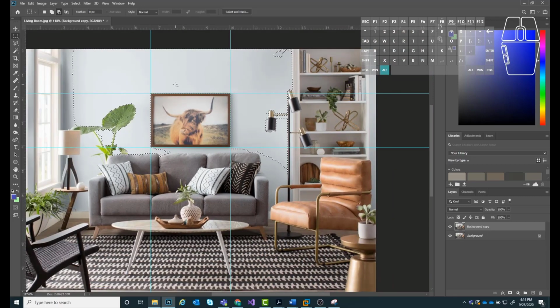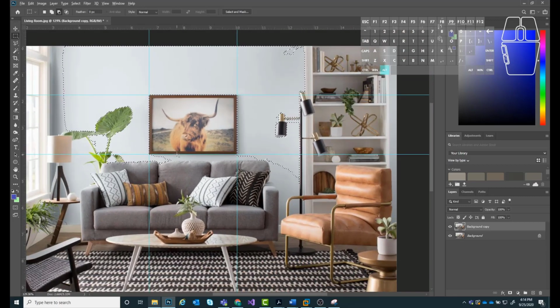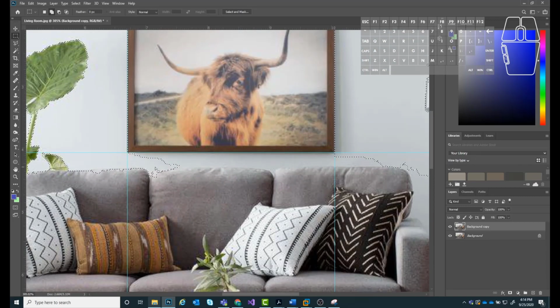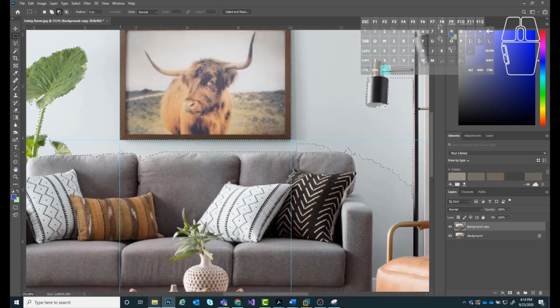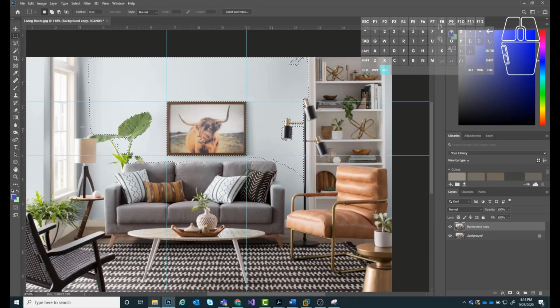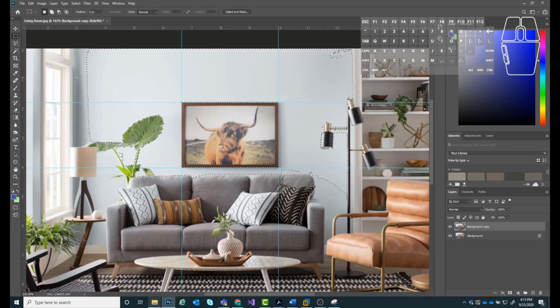So now that I have four guidelines right around that image, if I go in and add to my selection, you can see that my cursor wants to snap directly to those guidelines that I created, which is really nice. Okay, so that's how we can select using Magic Wand and using the